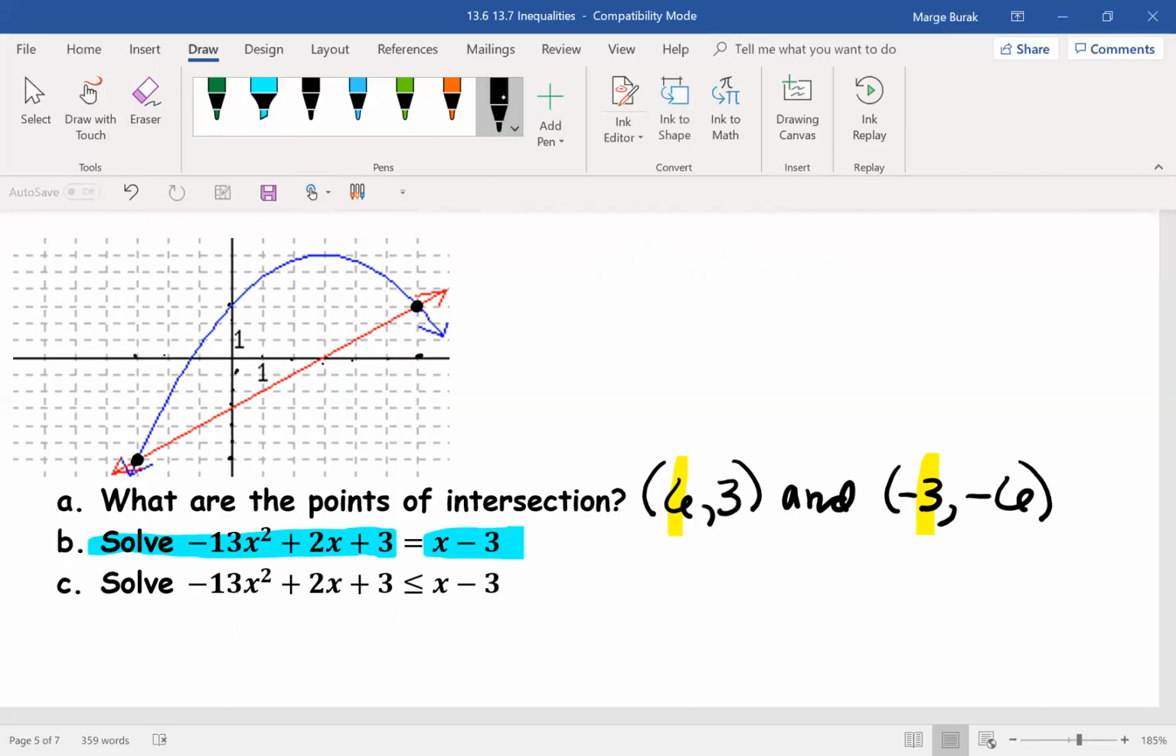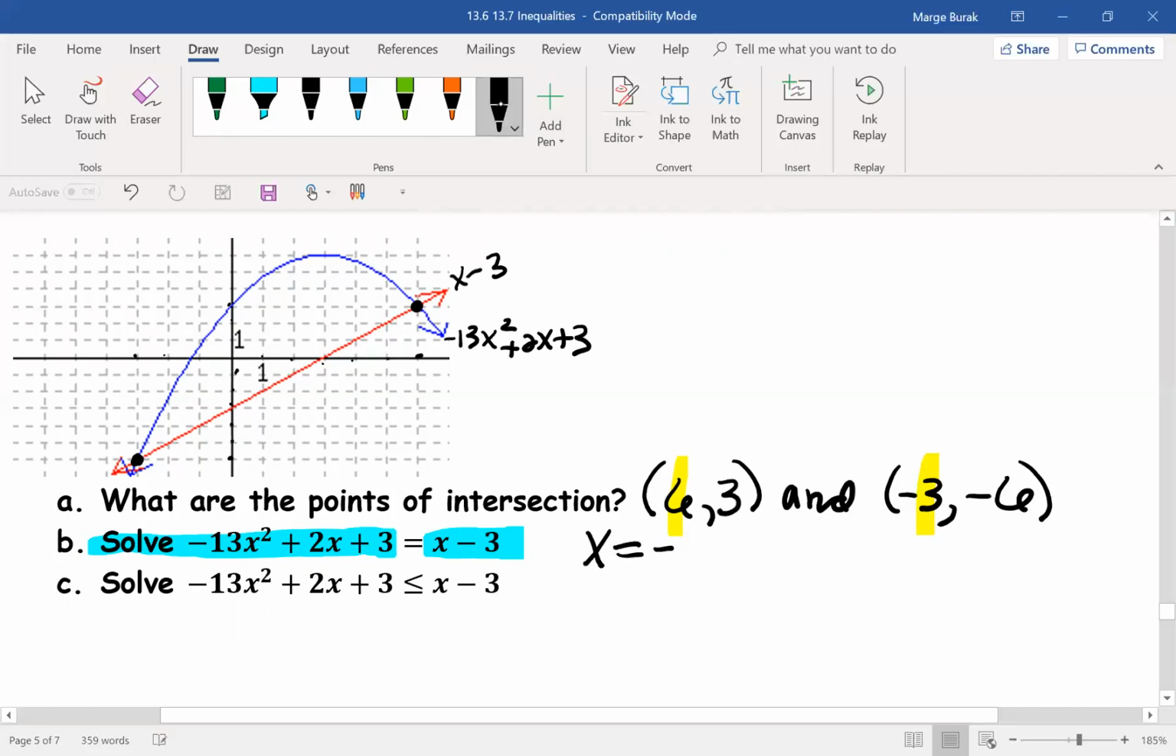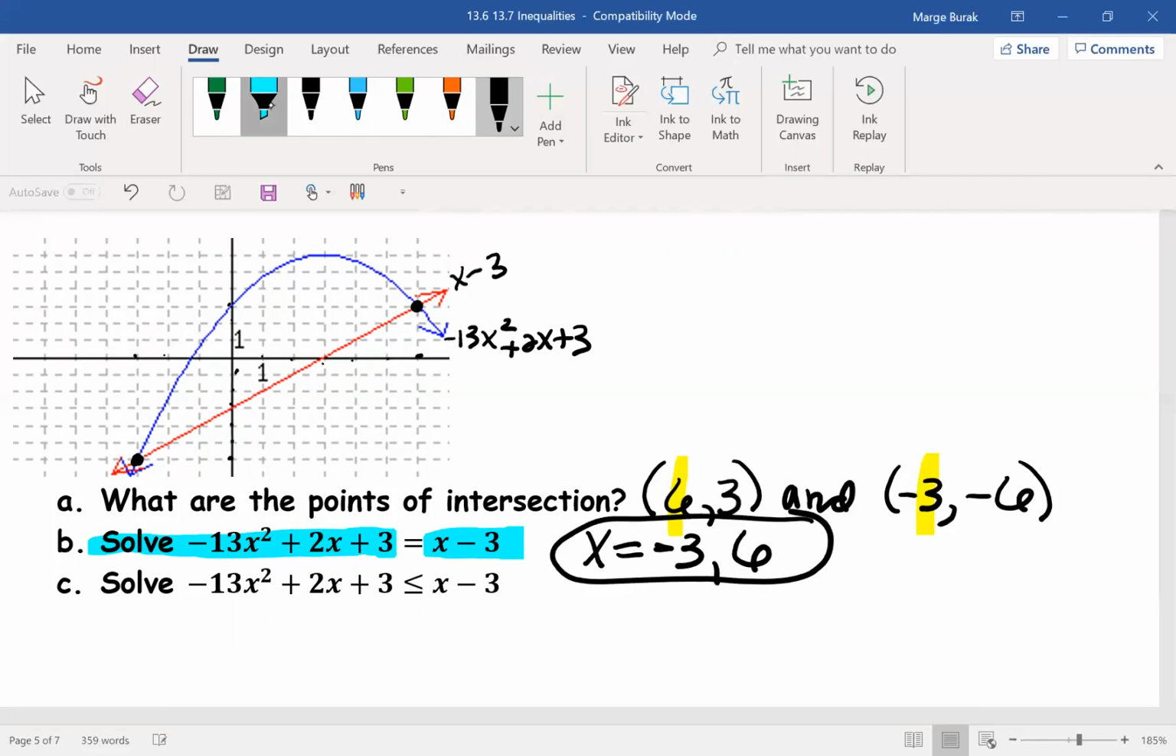Okay, so you need to be looking at this line is x minus 3, and this parabola is negative 1/3x squared plus 2x plus 3. And I want to know where they're equal. Well, those are going to be the points of intersection, but I just want the x coordinates. So the answer to that will be x equals negative 3 and x equals 6. Okay, now,